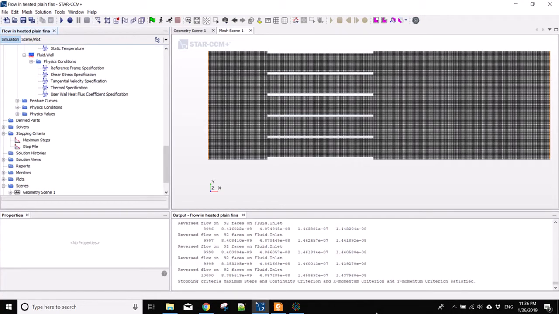Hello everyone. Before we run the simulation, we would like to set up some monitors, and also we'll set up a scalar scene to monitor the temperature field while running, and also we need to set up the stopping criteria. So first, we'll create a scalar scene. So I'll create a scalar scene from here,